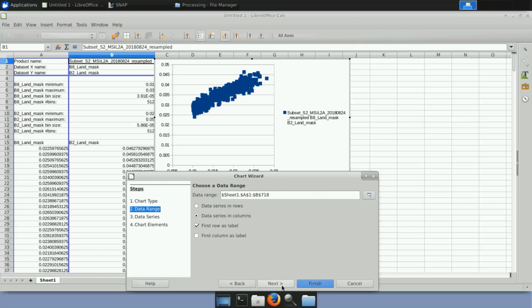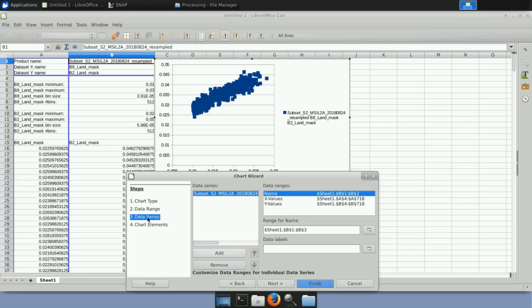Going to the next one, we can skip that and go to the data series, where we can define the information. It says that the data series it will use is the subset that we have. Correct. The name, okay, let it be this name because it's of set 1. And now we need to set the X and the Y values. As you can see, since we have selected both columns, the values it can work with start in X1 from A4 and finish at